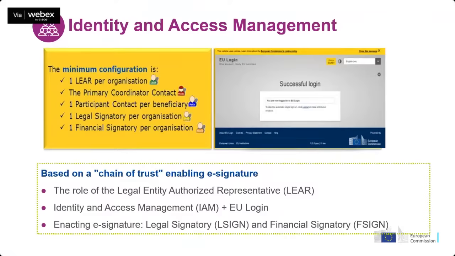And then you need to assign, the LEAR assigns a person who has the capacity to sign legal documents, the legal signatory, and the person who will sign the financial signatory documents later for the reports. From this, let's say,